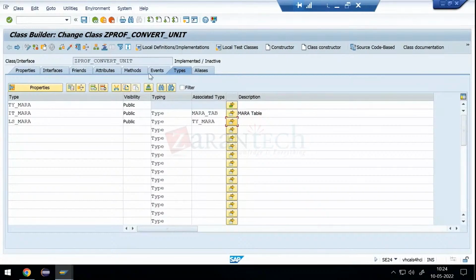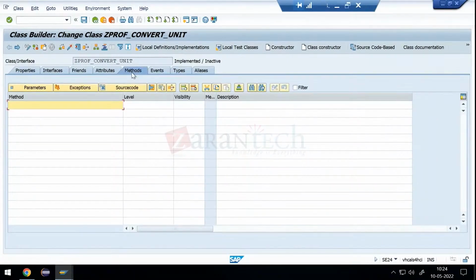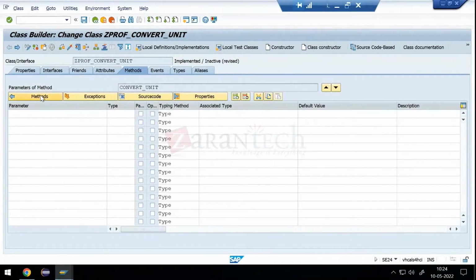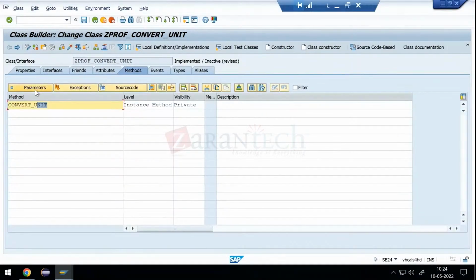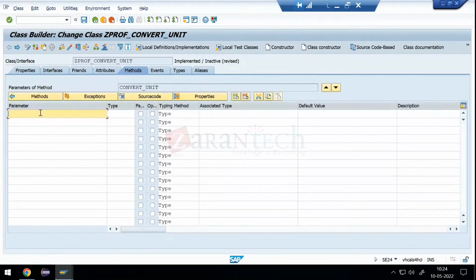Yes, and here we have seen a couple of methods like m1, m2, some add, subtraction. That can be possible here. Say m1 underscore, I will do a basic creation. I will do a convert here. Convert underscore unit is my method here. And for this, if you select this one and click on parameters,